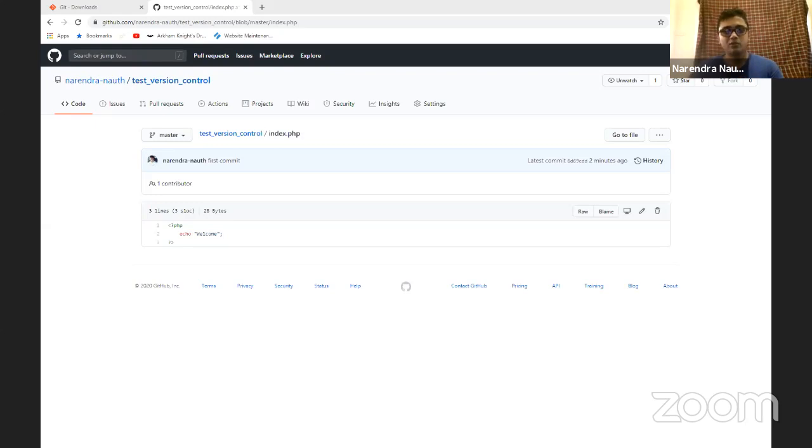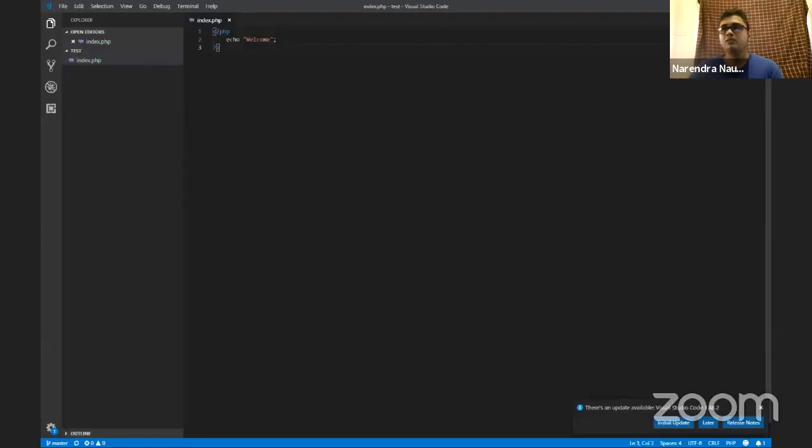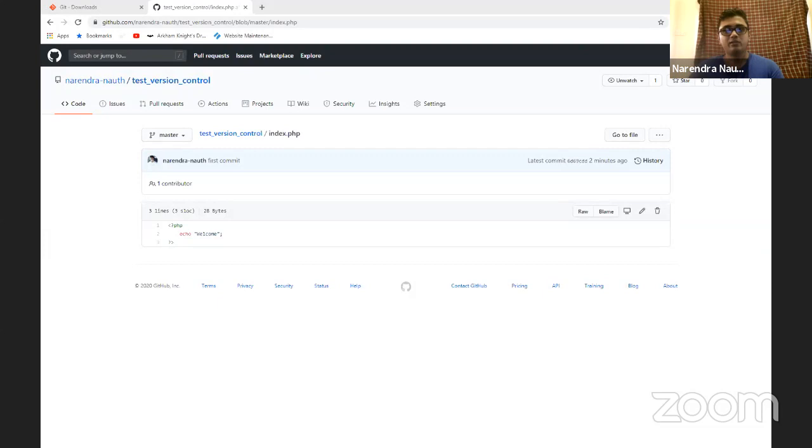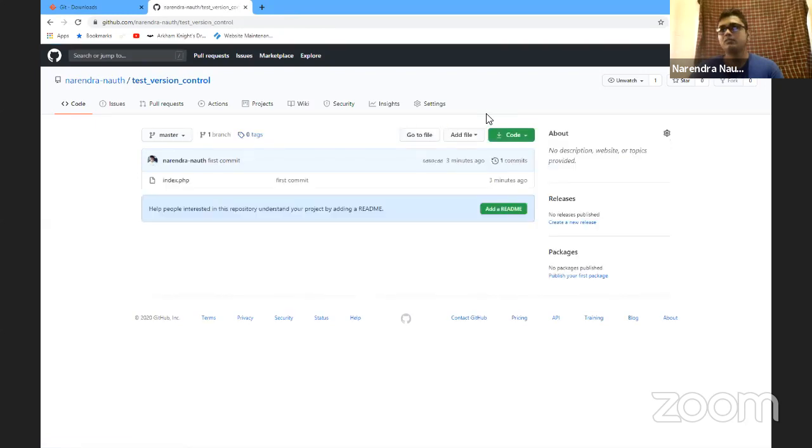So for that purpose, I'll use the same repository. What I'll do is delete the repository from my system, and then I'll come to here. Assuming this is a repository I found online and I want to work with and get some work done on my system, what I would do